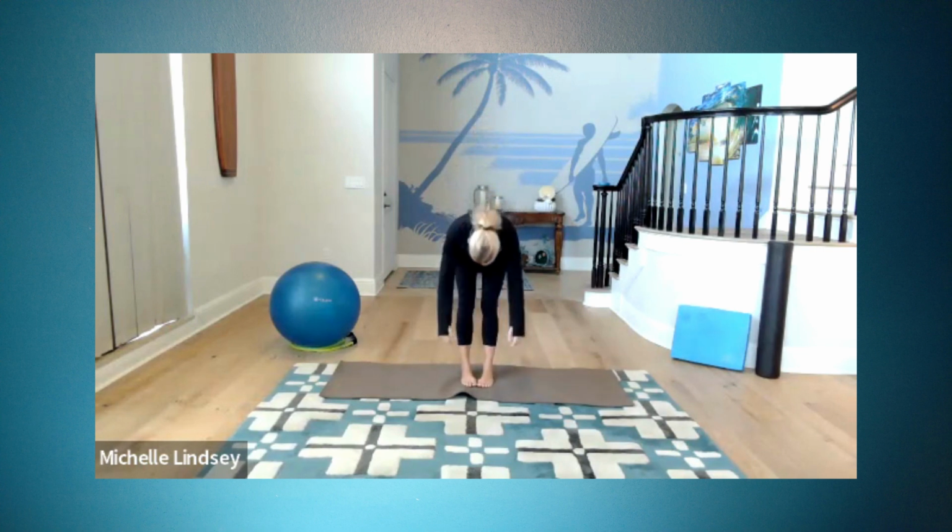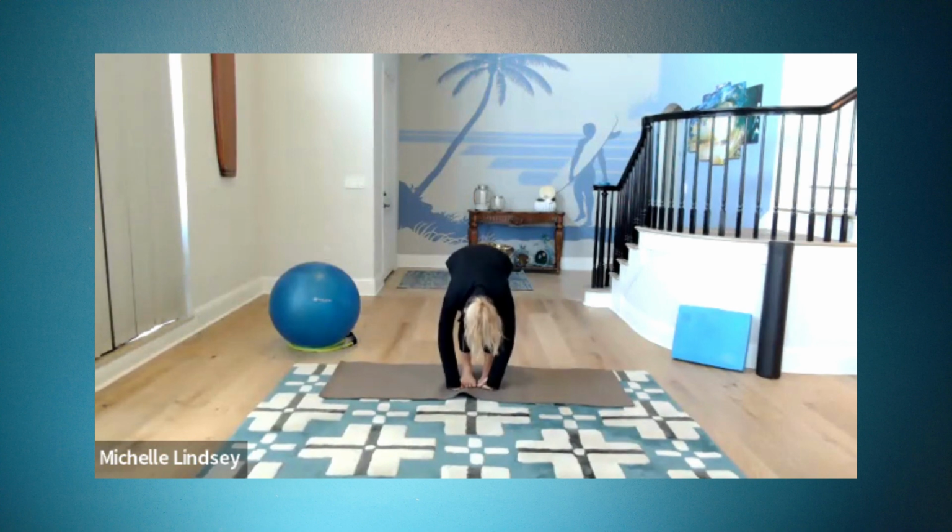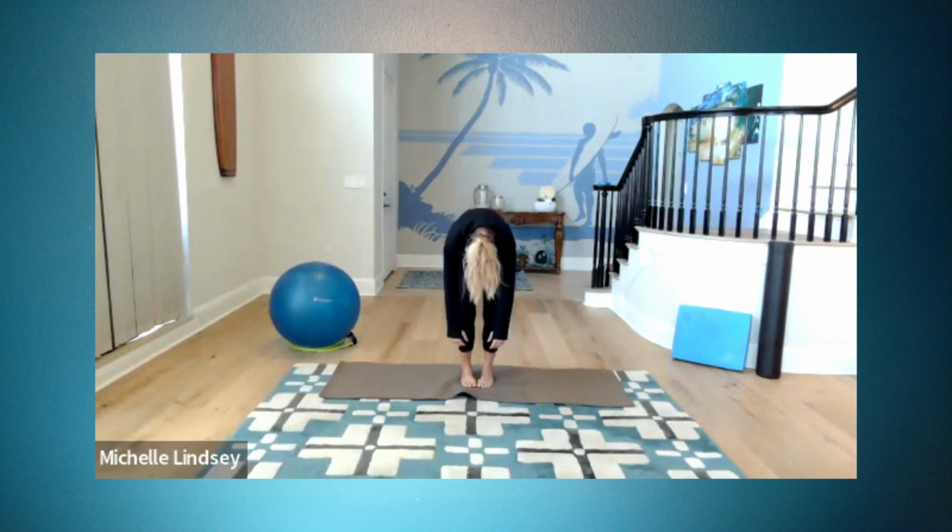We're going to forward fold, let the arms hang, top of the head hangs to the floor. Bend your legs, get your thighs, right, and the torso pressed down into each other. Drop the hips a little bit, start rounding your spine, pull yourself up, belly to spine as soon as you can, and then